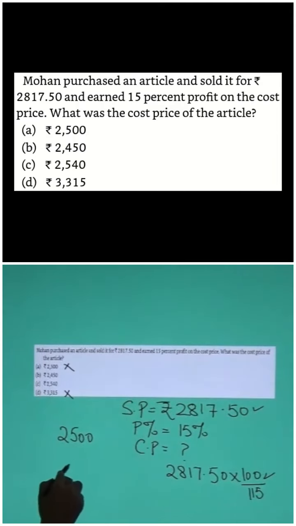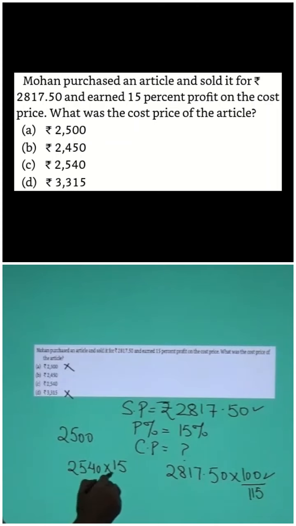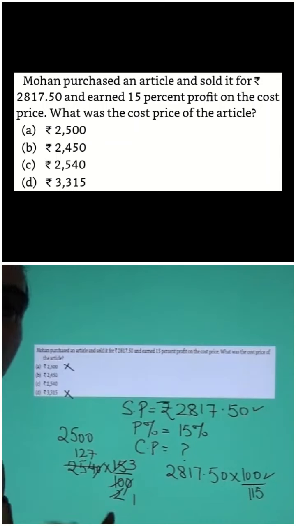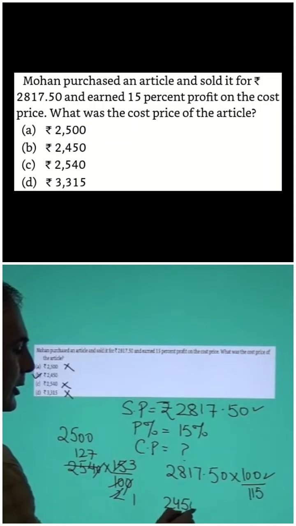Then we have an option of 2540. अब देखो यहाँ पे कितना important है fractions का concept. Looking at this, I have to just see. Okay, I'm getting 3/2. अभी ये भी reduce हो जाएगा. यहाँ पे भी मेरा profit कुछ भी पैसे में नहीं आएगा. So this option is also gone, and we straightforward have the option is 2450.